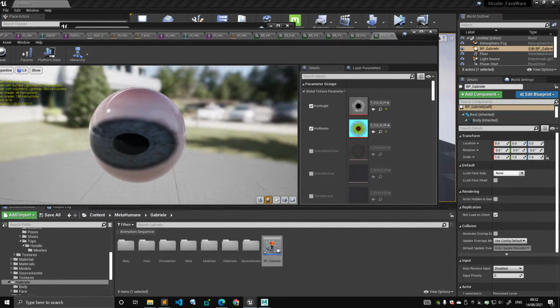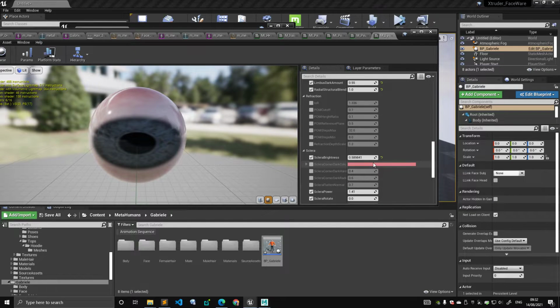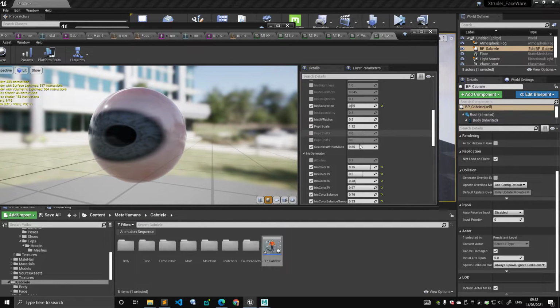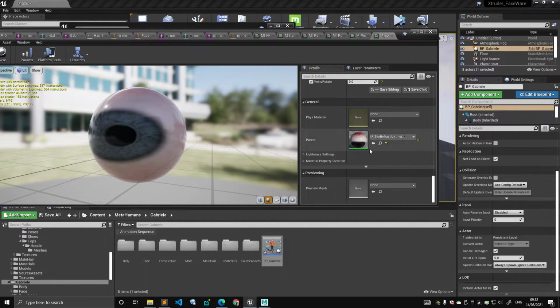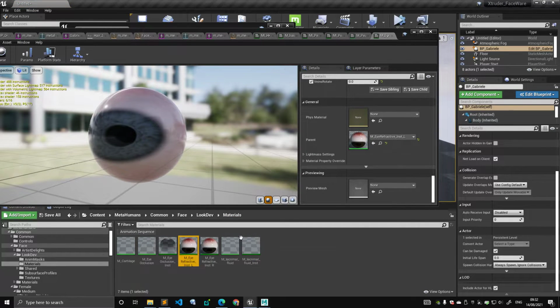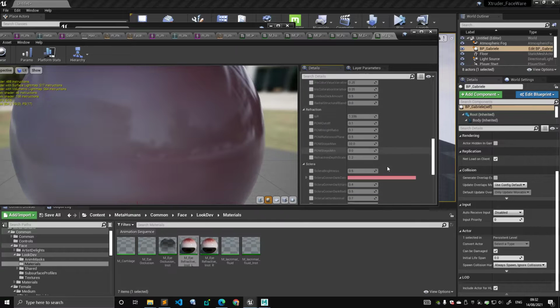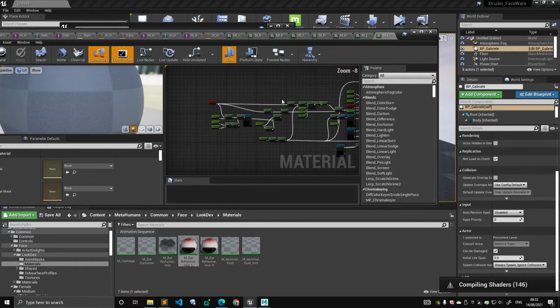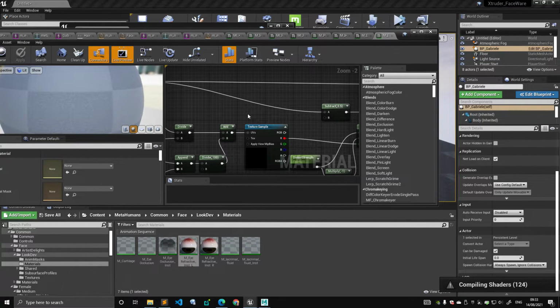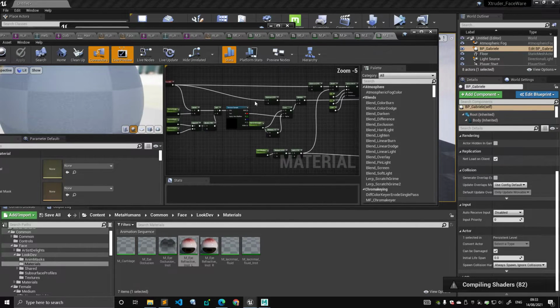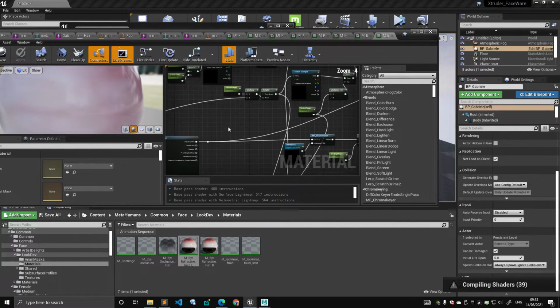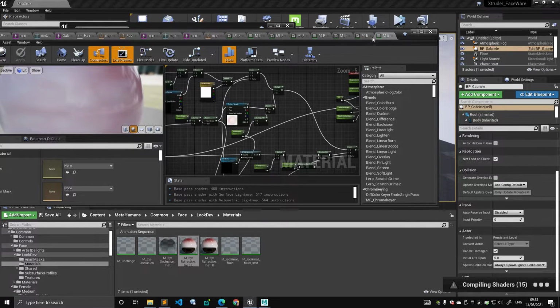So the two shaders are two different material instances, but they all come from, and there is all sort of attributes here that allow you to change. And this happens to be the same attributes as you can expect from a MetaHuman Creator, and they all come from a master material, which happens to be this one. And again, loads and loads of things. And one thing I've noticed that they all come from the same master material. And one thing I found is that basically 80-90% of this shader is completely procedural,